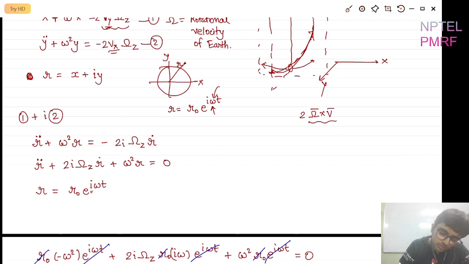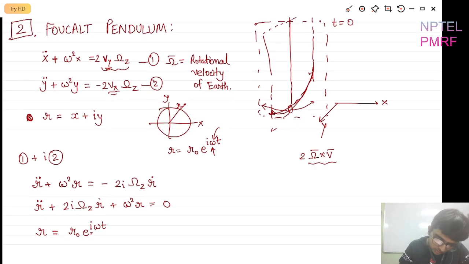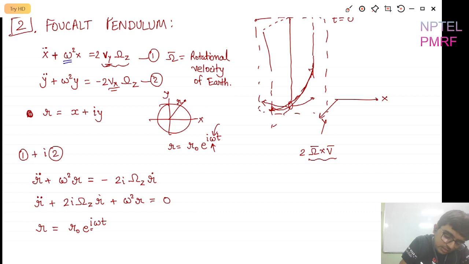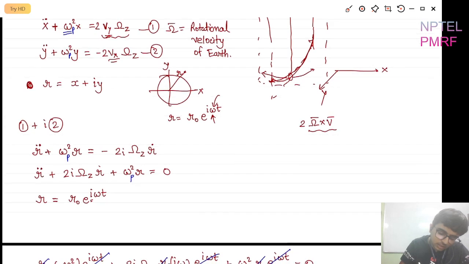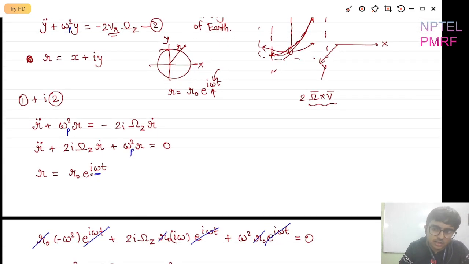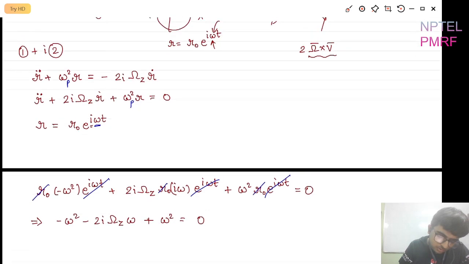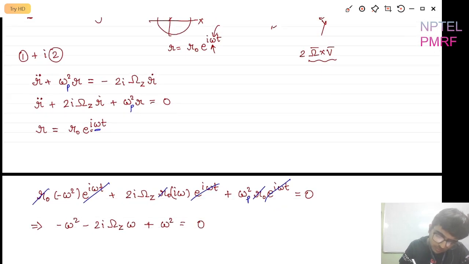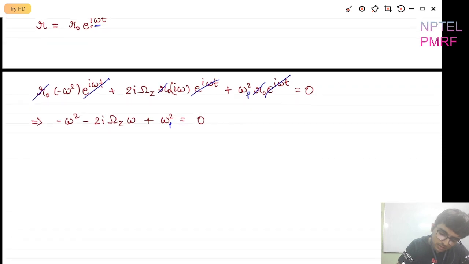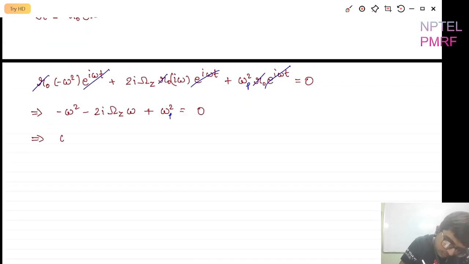I called both the omegas the same. So this omega is the frequency of the pendulum. Let me call it omega p, so that this is omega p, this is omega p, and this omega stays omega in the equation. So this one is omega p, omega p. So omega square, let's get rid of the minus sign, plus 2I omega z omega minus omega p square is equal